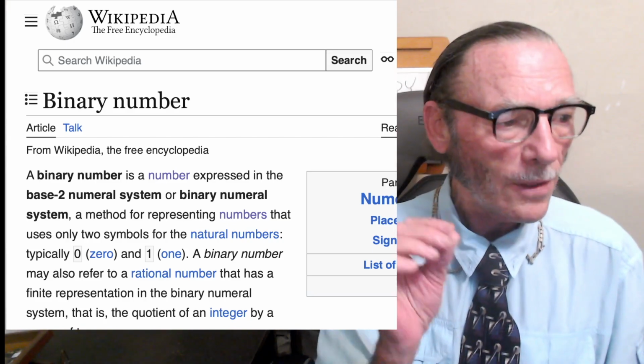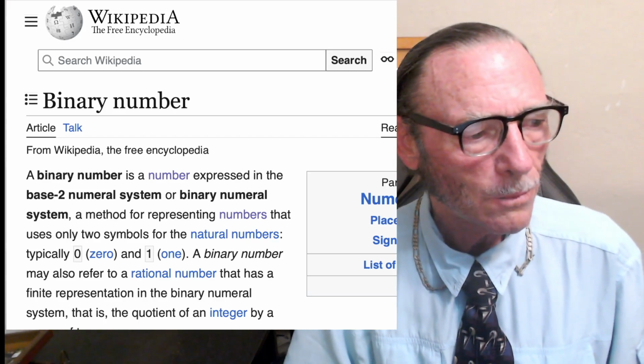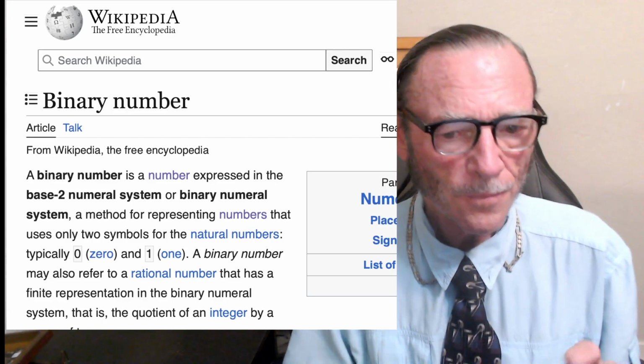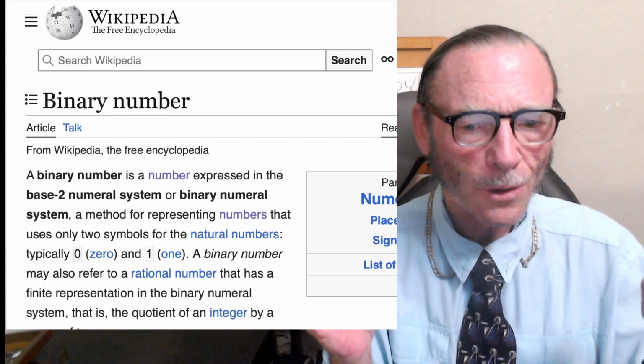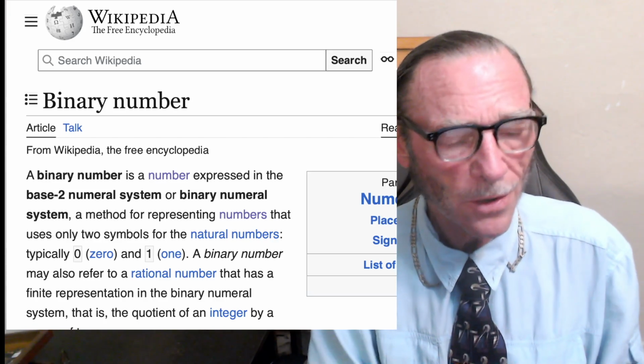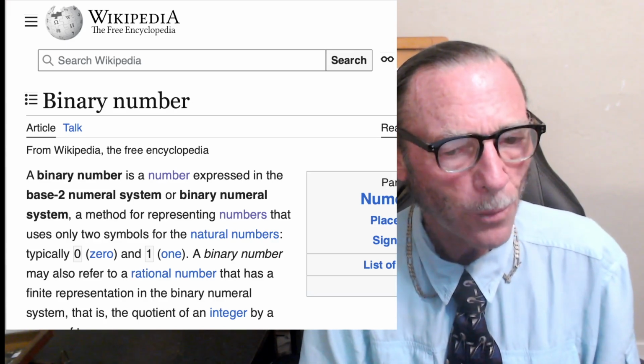This is how you write them. That would be in zeros and ones. A binary number may also refer, so there are two definitions of what is a binary number. The way you write it is called a binary number, according to Wikipedia, but then there's another definition, which is the one we want. It may refer to a rational number